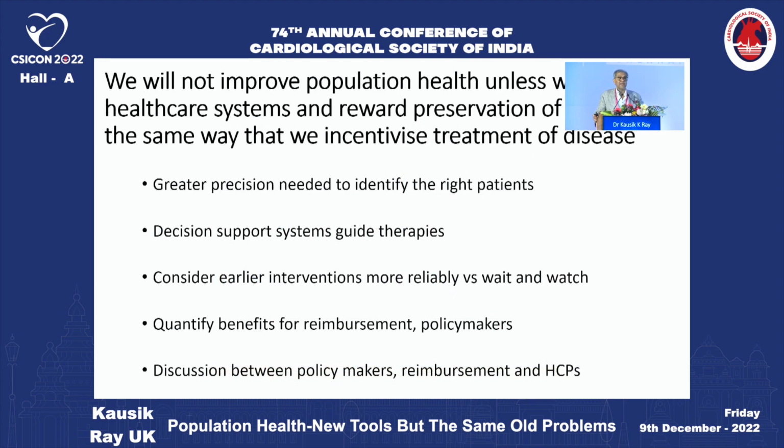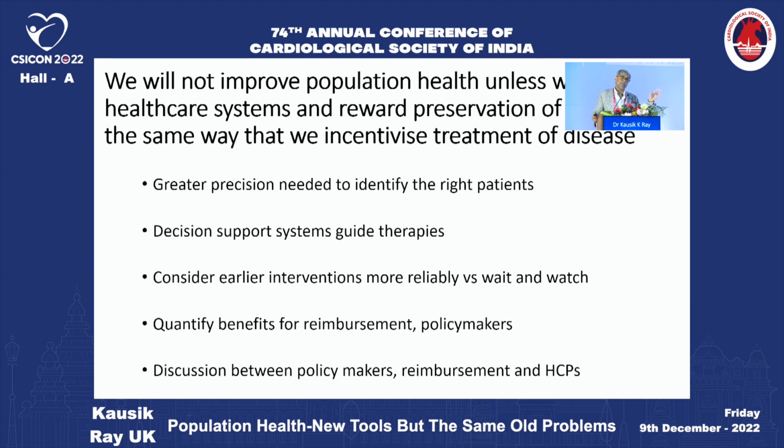The real challenges with all of these treatments is how we're going to implement them. Because with non-communicable diseases, our patients don't report symptoms, we look at numbers, they improve, and we have this wait and watch approach. And you've seen the theme of better precision medicine, decision support tools. There's a lot of complex information now that's going to be available. We also need, I haven't touched on this, but I will do tomorrow, about the fact that earlier treatment gives you actually better cumulative benefits.